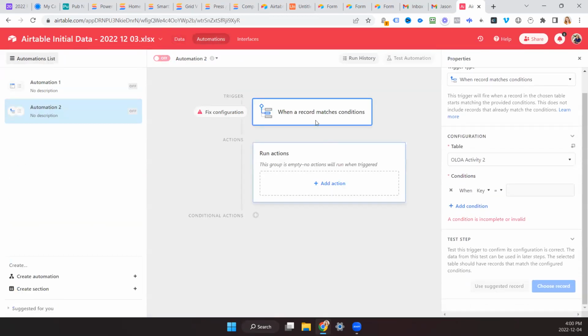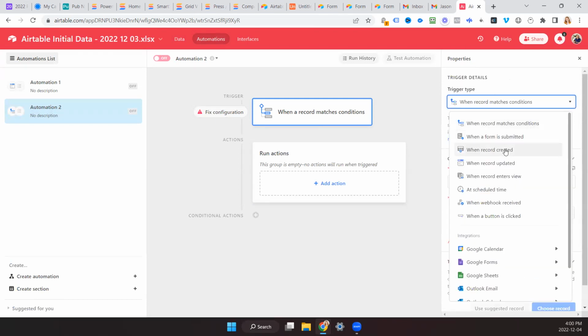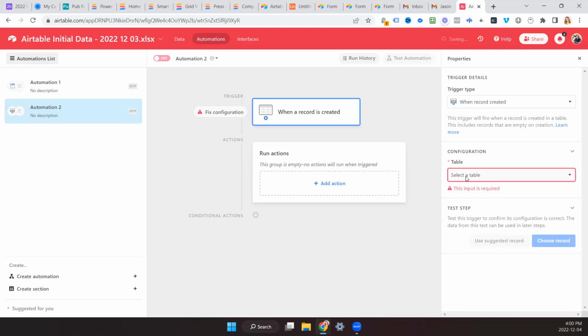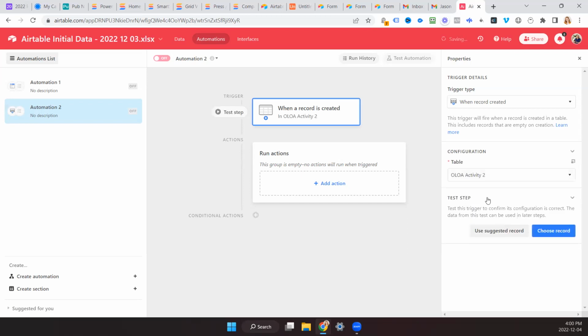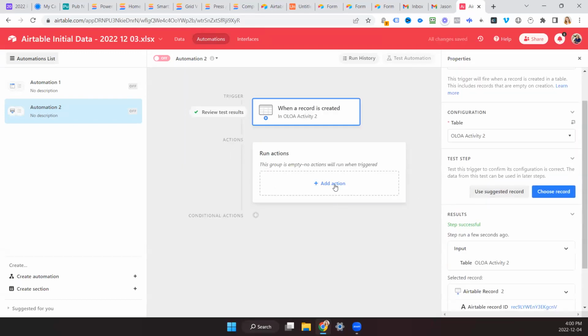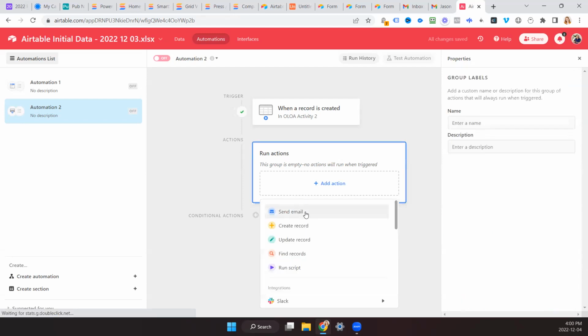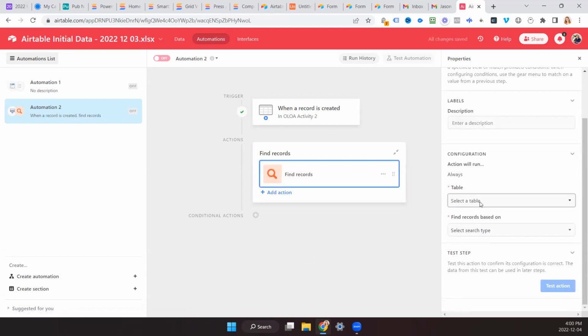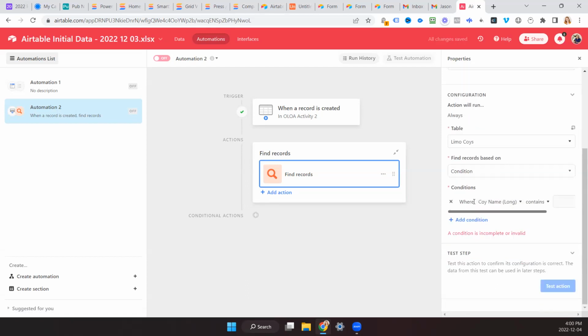So automation 2, let's say when a record is created in the Aloha table, classic limo as an example, we are going to find a record in limo companies where the company name exactly matches. It's not the company name long, it just has to be the company name. The company name long is blank right now.